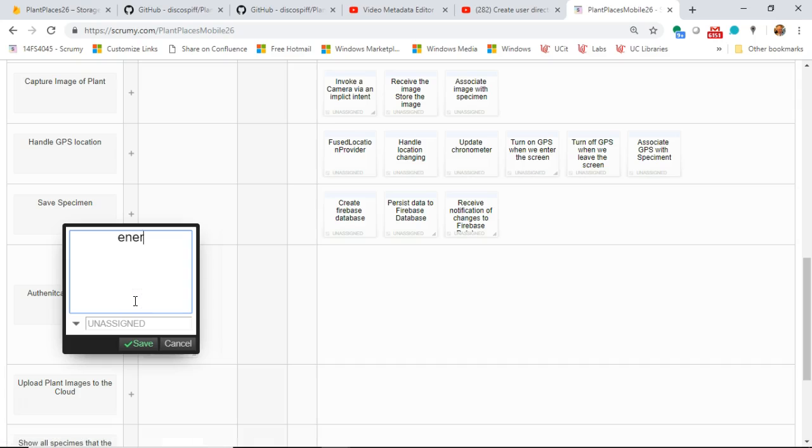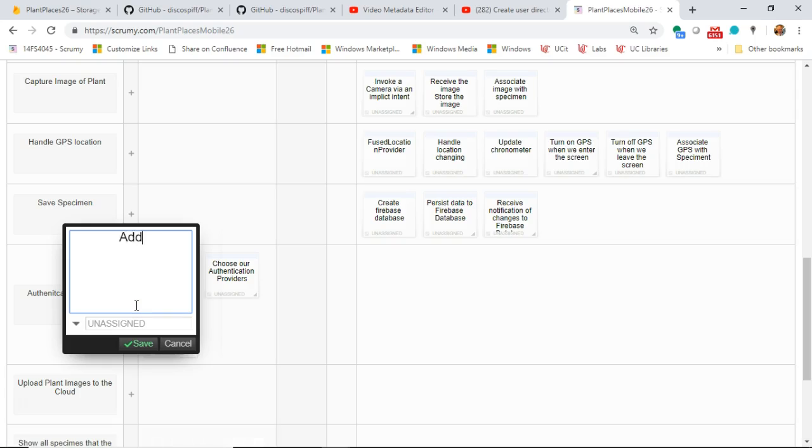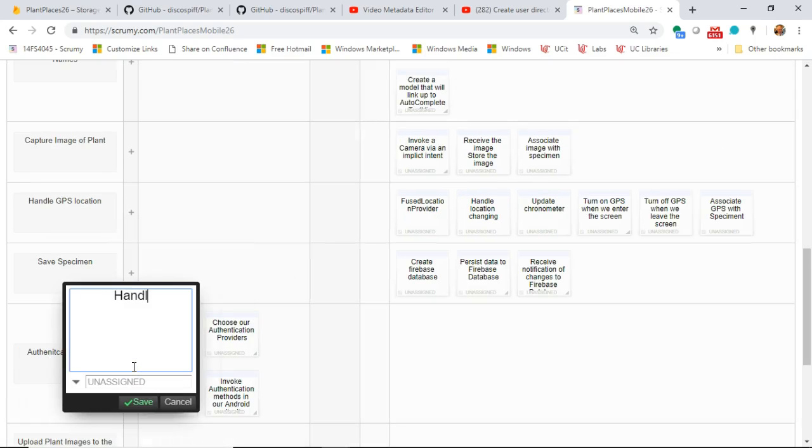We may need to generate an SHA-1 fingerprint, depending on the authentication provider that we have. And then we need to, let's say, invoke authentication methods, and let's just say in our Android application. And then we'll say handle authentication callback